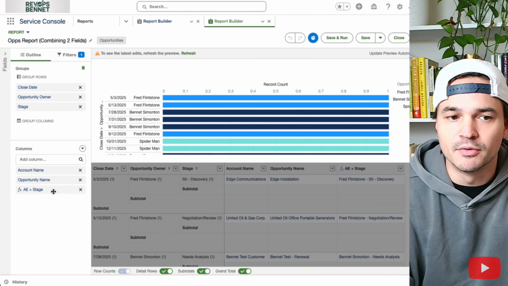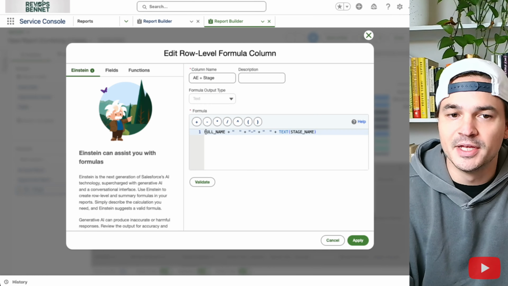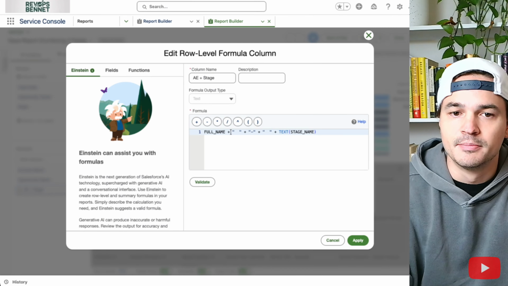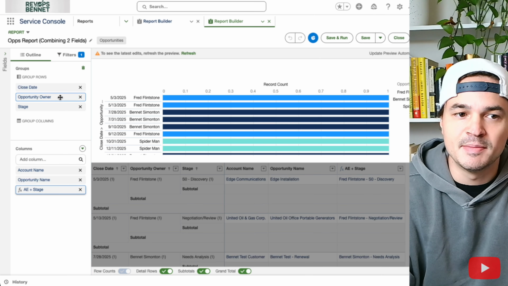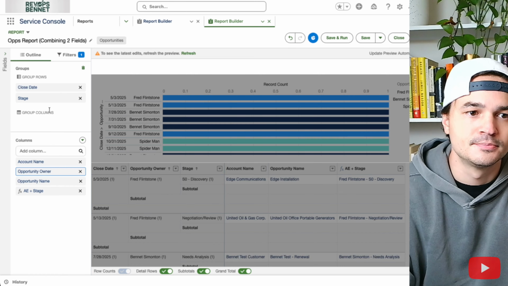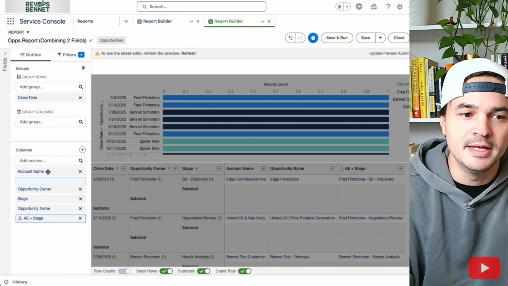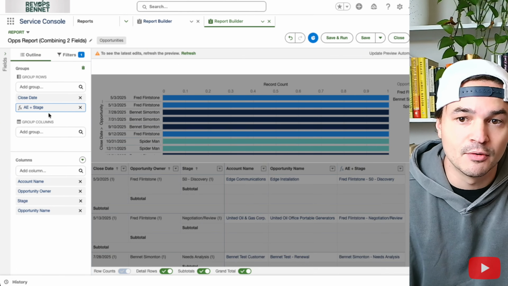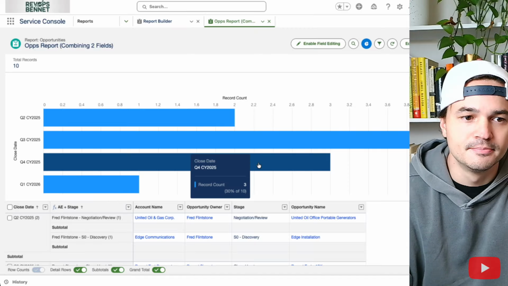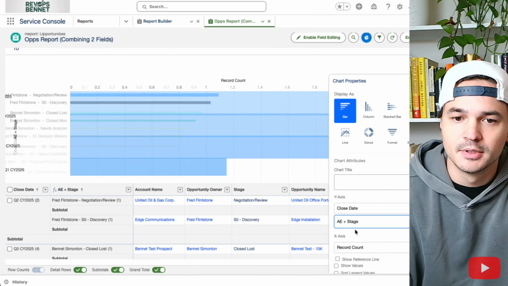So let's dive into our row level formula. This is simply just the full name or the opportunity owner plus the stage name. What we can do now is drag maybe opportunity owner down, stage down, and pull up AE plus stage. Another good thing about this is that I can now group by another field if I wanted to. So we hit run, and now all we need to do is go into our chart properties, hit group, add